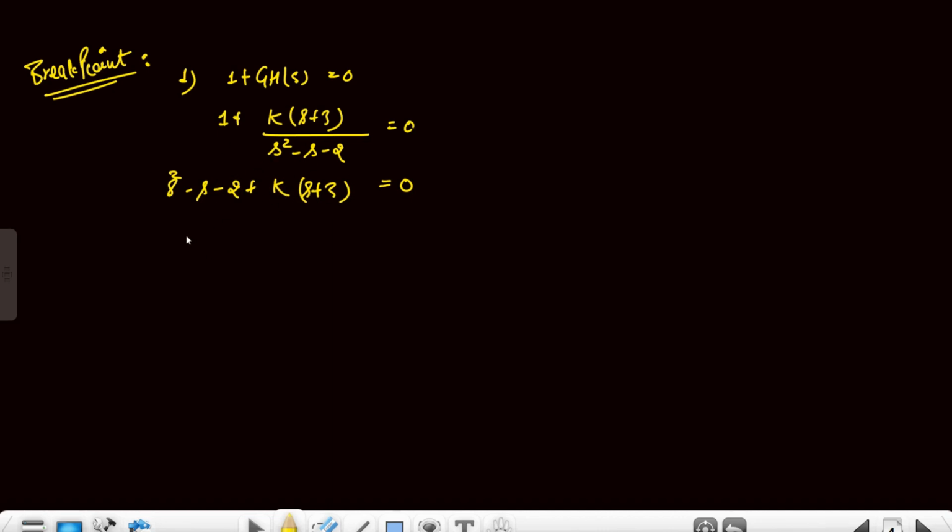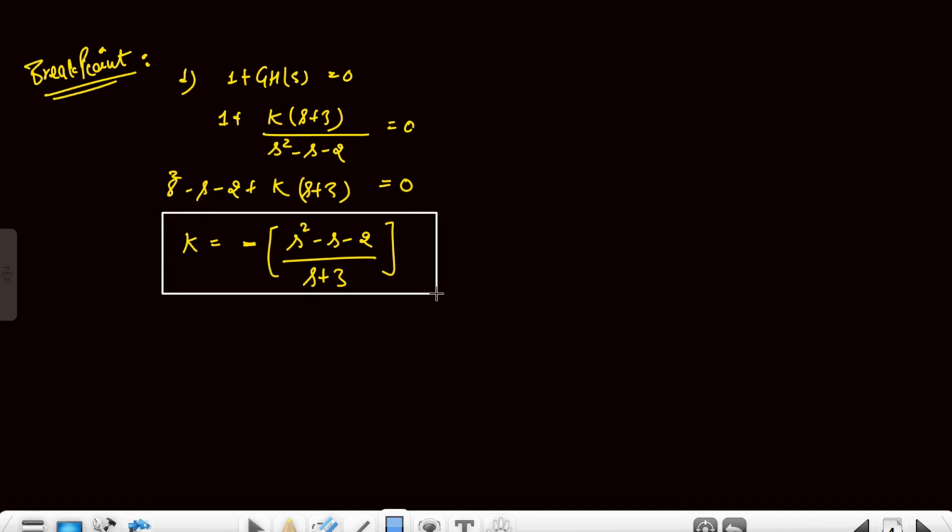So it will be simply k is equal to this whole term shifted to the right hand side with the negative sign. So k equals minus (s squared minus s minus 2) divided by (s plus 3). So this is the value of k in terms of s. Now the second step is we have to differentiate this k with respect to s and